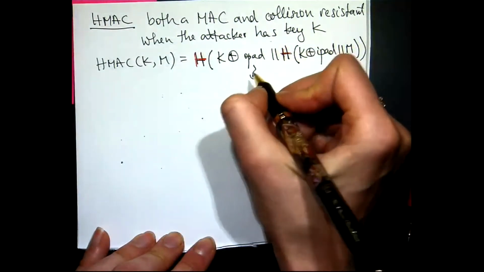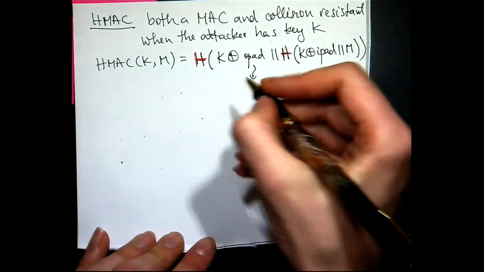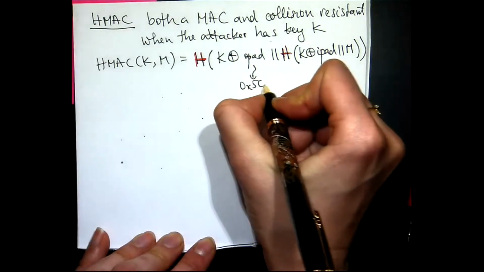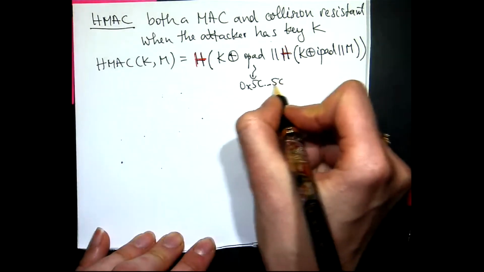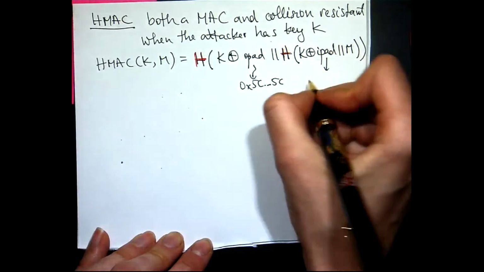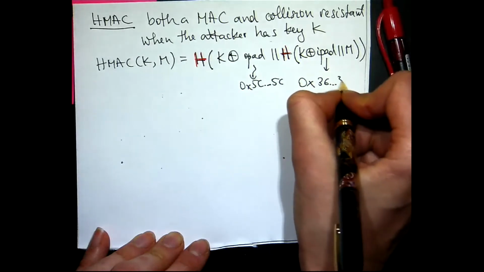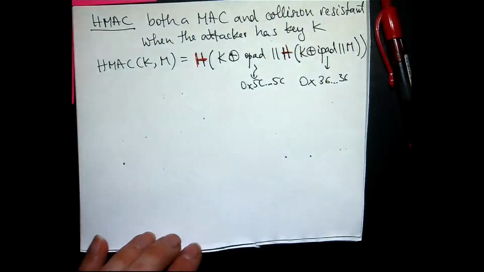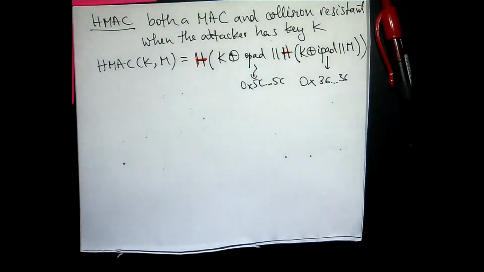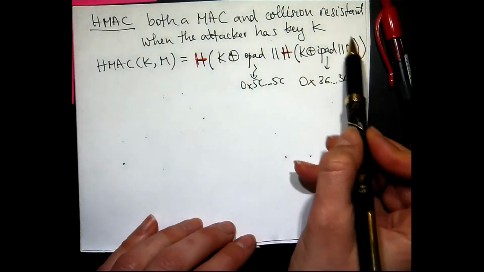And the OPAD is basically 0x5c repeated multiple times in hex. And the iPad is 0x36 repeated. So why? Well, it's a bit of a technicality, but if you just had this hash by itself,